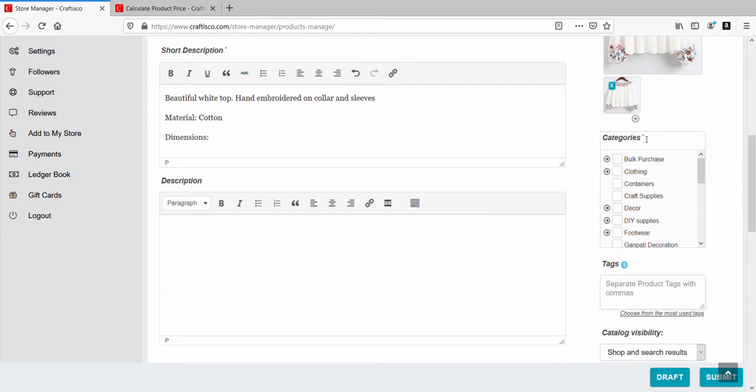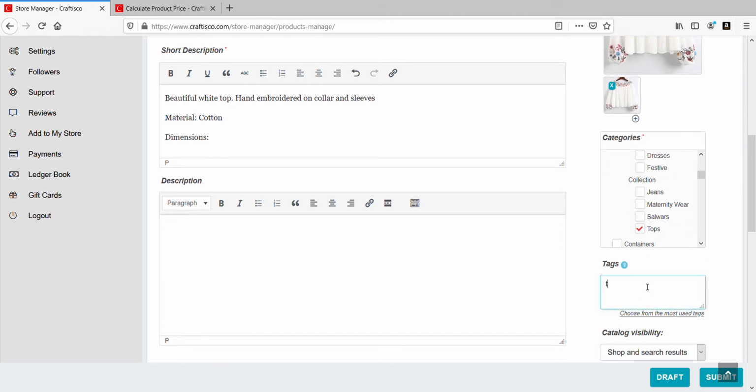The next important thing is, you see there's an asterisk mark here, what category you're selling, right? So I am going to put it under handlooms and blouses, or I can also put it under clothing and women tops. So put it in the right category, and put as many categories as you like, but the correct categories. So all your products would feature in these categories, right?